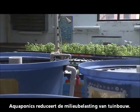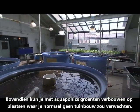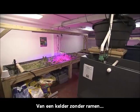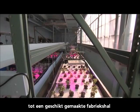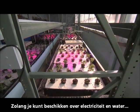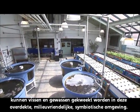Aquaponics reduces the environmental footprint in crop production and allows for cultivating plants in locations you don't typically associate with farming, from a windowless basement, to a remodeled urban townhouse, to a retrofitted factory building. As long as there is access to electricity and water, fish and crops can be raised in this indoor, eco-friendly,